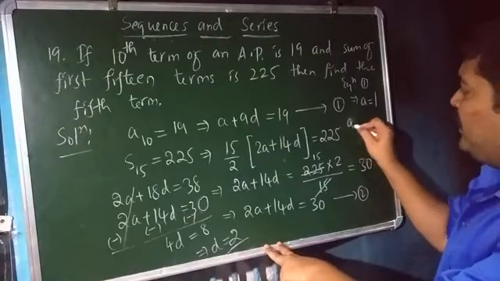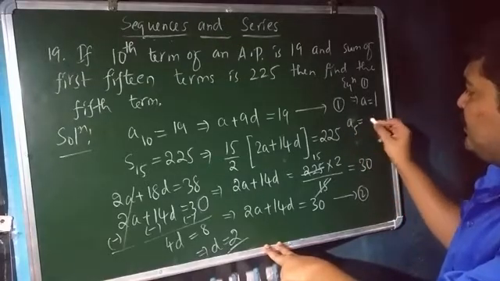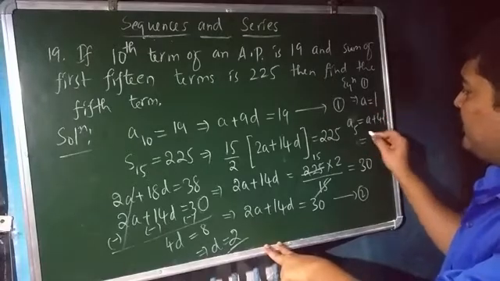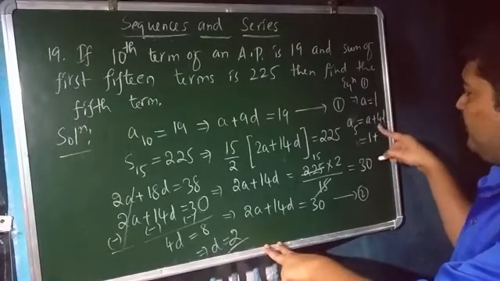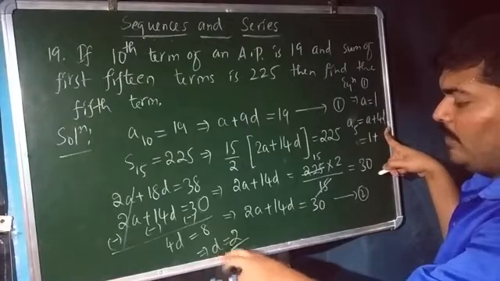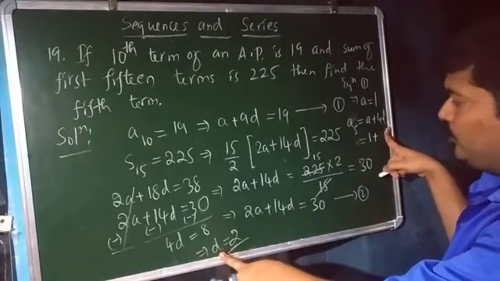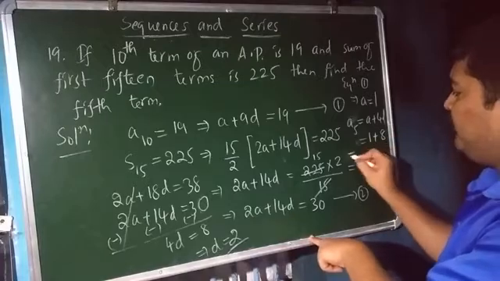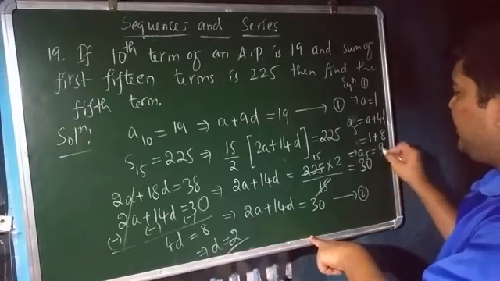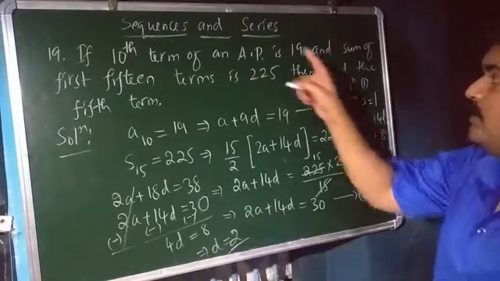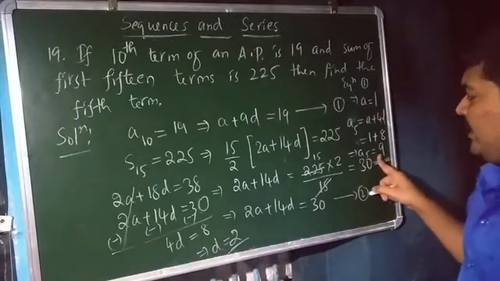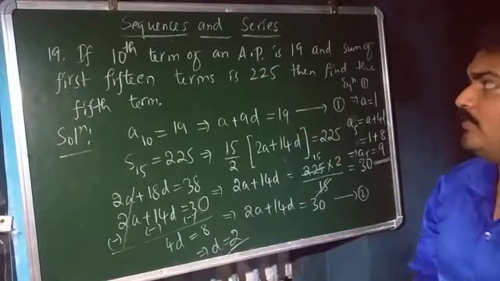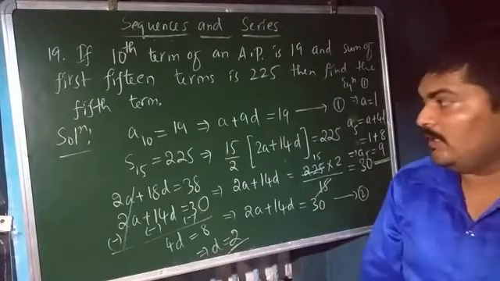Therefore, what is the formula for A5? That is nothing but A plus 4 into D, isn't it? What is the A value? That is 1 plus 4 into the D value we have got as exactly equal to 2, isn't it? You are just left with 4 into 2, that is equal to 8. Therefore, A5, that is nothing but the 5th term of this particular AP, is exactly equal to 9. I hope all of you can understand the solution of this particular problem easily.